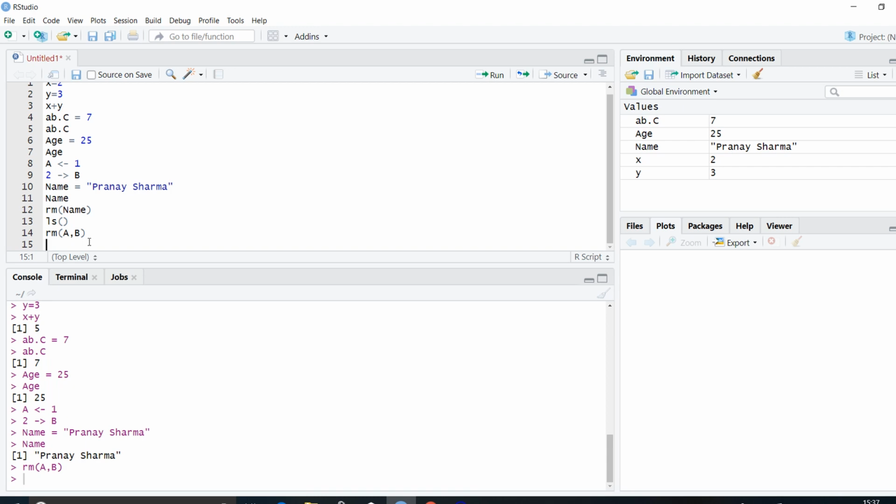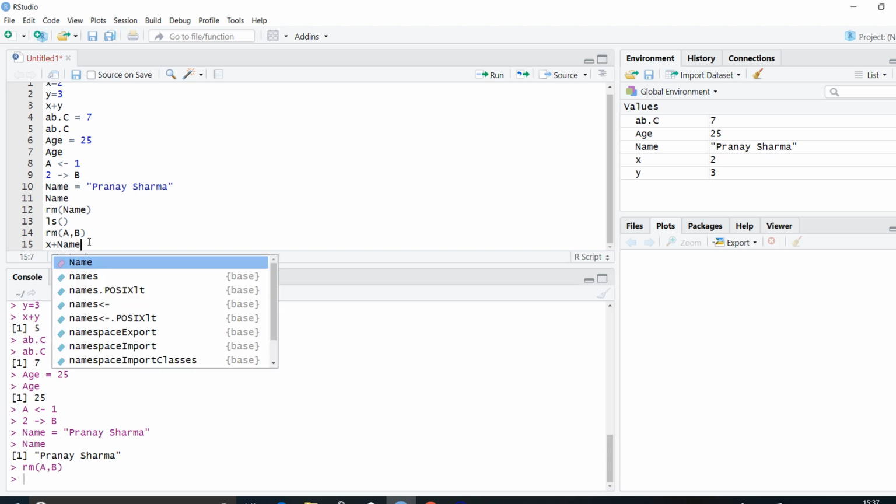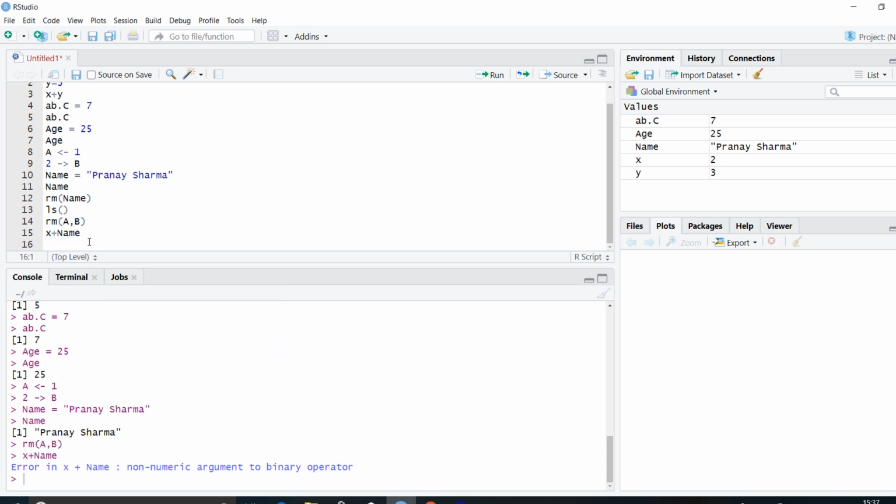If I have x plus name and I press Ctrl Enter, it says error in x plus name, non-numeric argument to binary operator. So it is saying that we have a binary operator, it has to have numerical values, and name is clearly not a numerical value.